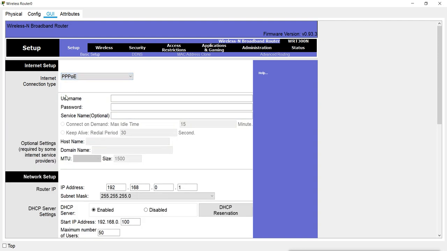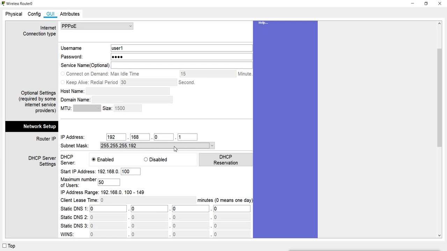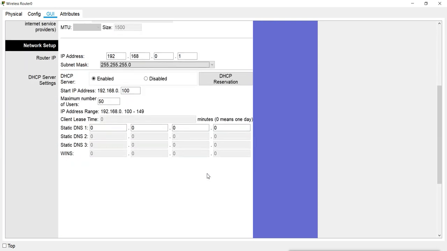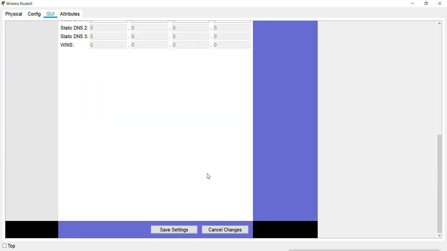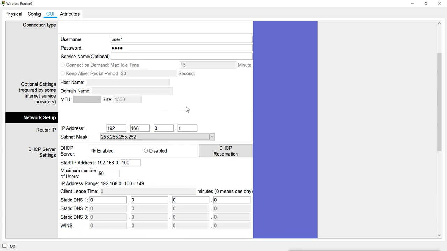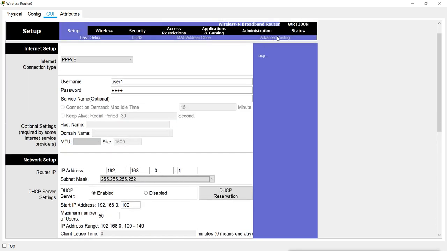When you select PPPoE, it asks for the username and password which we have created on the server. So we can mention user 1, password ABCD. And then we will say save. And we will check the status.